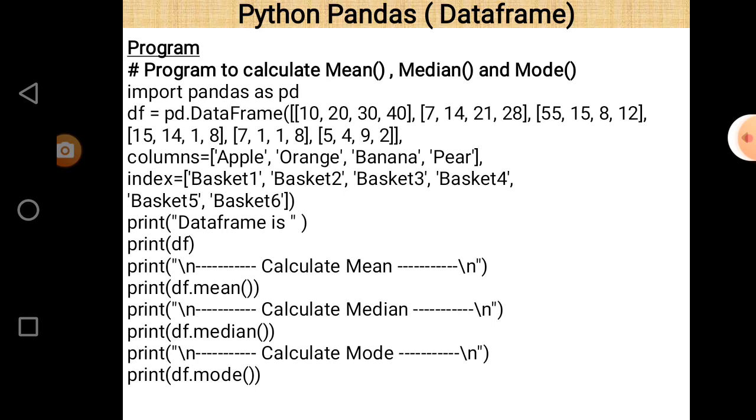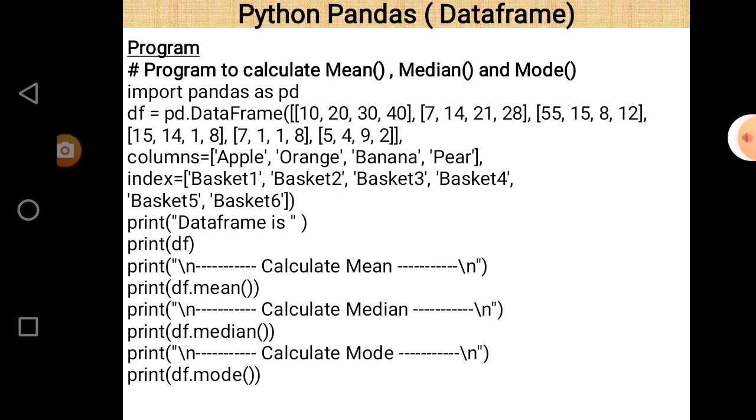We import pandas here because we want to perform operations over a data frame. The second line is a declaration of a data frame. Just write pd, the alternative name of pandas, then after the dot sign, the name of the function, which in this case is DataFrame. And this data frame contains values 10, 20, 30, 40.